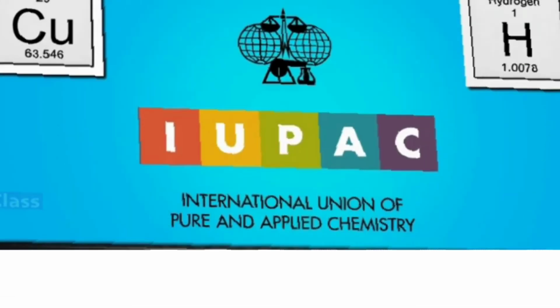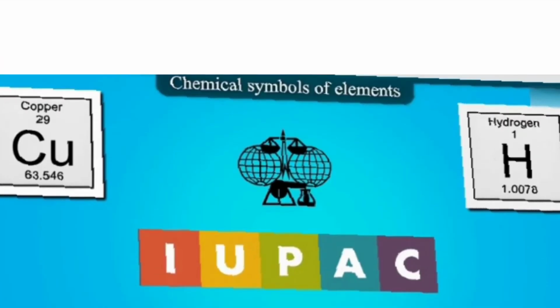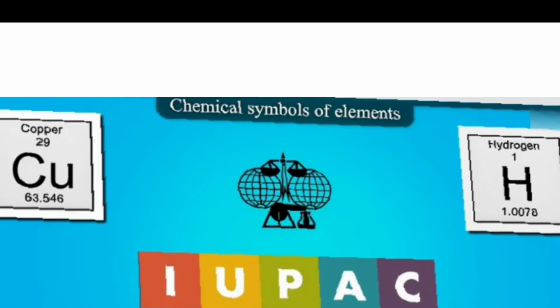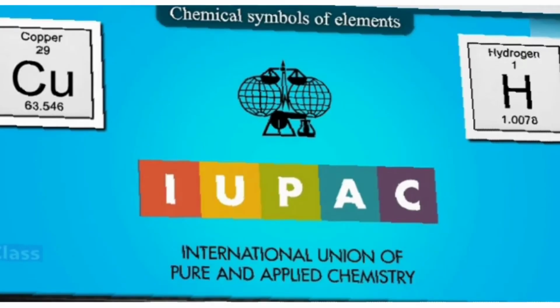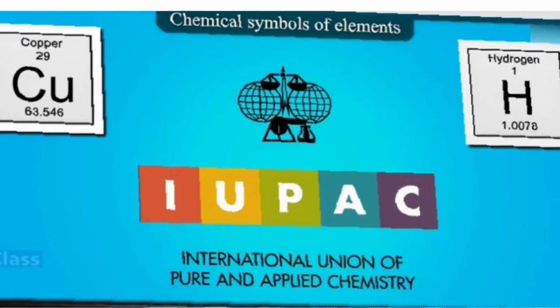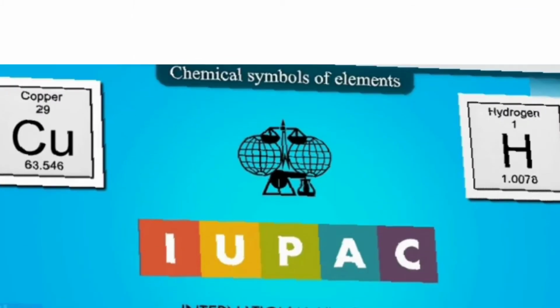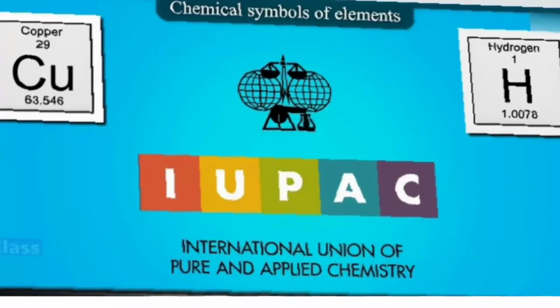Right, as we have the hydrogen here, you can see it is just denoted by H. Now if two or more element names start with the same letter, for example copper, cobalt, carbon, calcium, etc., all start from the letter C, then you have to take the first letter C, of course, and that has to be capital also. But the second letter can be any dominating letter from it.